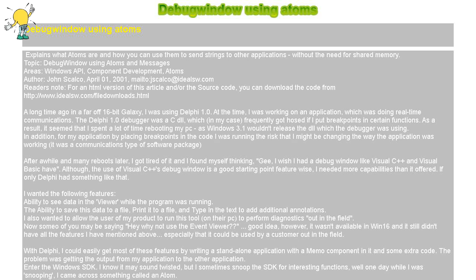I only have to implement another server who knows what message to listen for, and it too can receive messages about debugging activity. As a reminder, the function SendMessage will not return until it has sent the message, so by the time the next line is reached, the atom has already been read by the viewer application. A final note about this code snippet is the message, which I use,